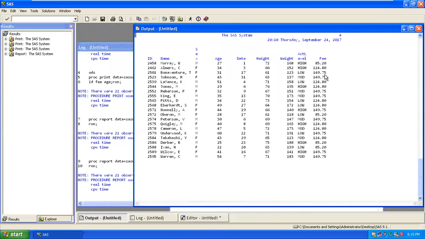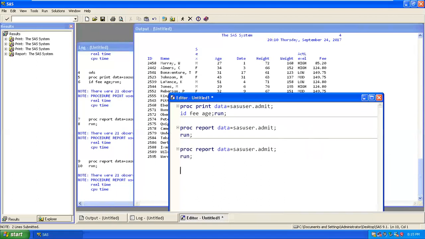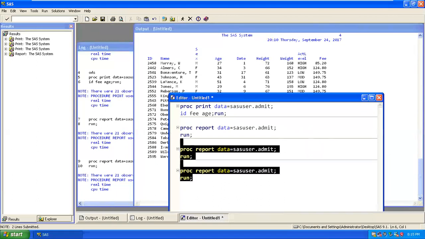If you have only one output to be generated, then you can remove this. And if you have so many queries, then you have to use this NOWD. Let's say I do the same thing over here. If I go ahead and execute, what will happen?